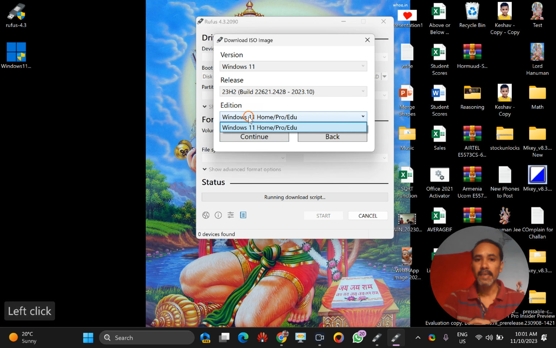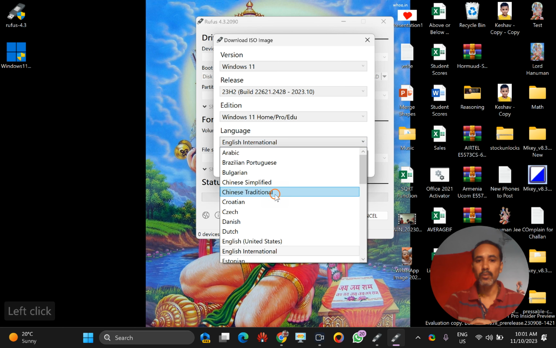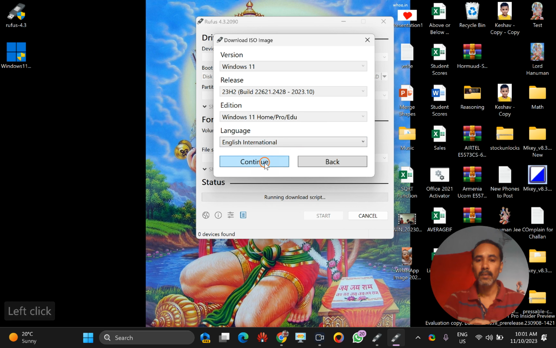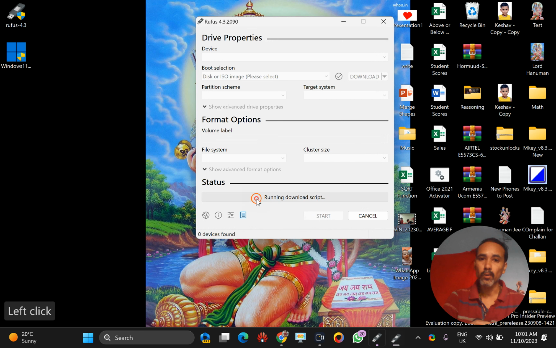You need to select the edition. Here is a single option, select it, click on Continue. Again you need to choose the language, select a language, then click on the Continue button. Finally, select the architecture, that is x64, then click on the Download button.